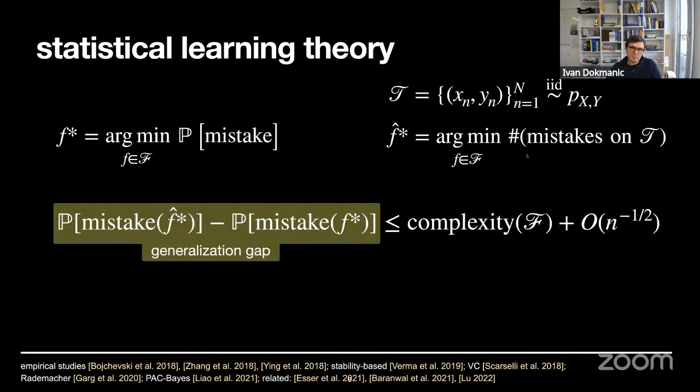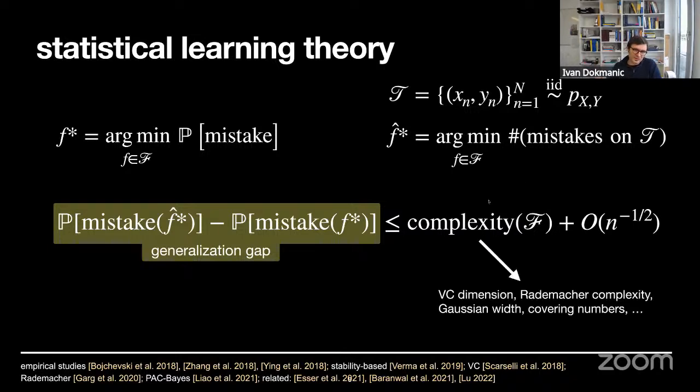Now, this is beautiful theory. There are many complexity measures that you heard about, like Vapnik-Chervonenkis dimension, Rademacher complexities, Gaussian widths, covering numbers, different entropy numbers, etc. It's beautiful theory because it's very general. It applies to nearly every problem, but the issue is that when it comes to highly parameterized models like deep neural nets, it often gives vacuous bounds. The last 10 years of statistical learning theory have been about trying to fix this, trying to come up with definitions of complexity that in some ways don't suffer from this problem.